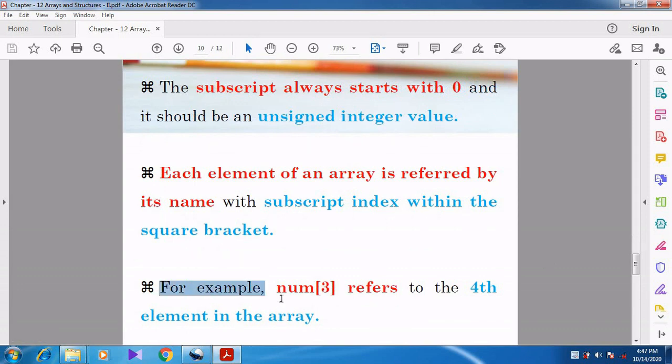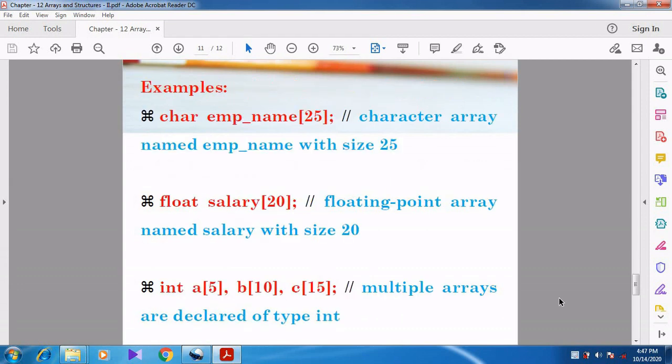For example, num of 3 refers to the fourth element in the array, because the array index starts from 0: 0, 1, 2, 3. So it represents the fourth value.